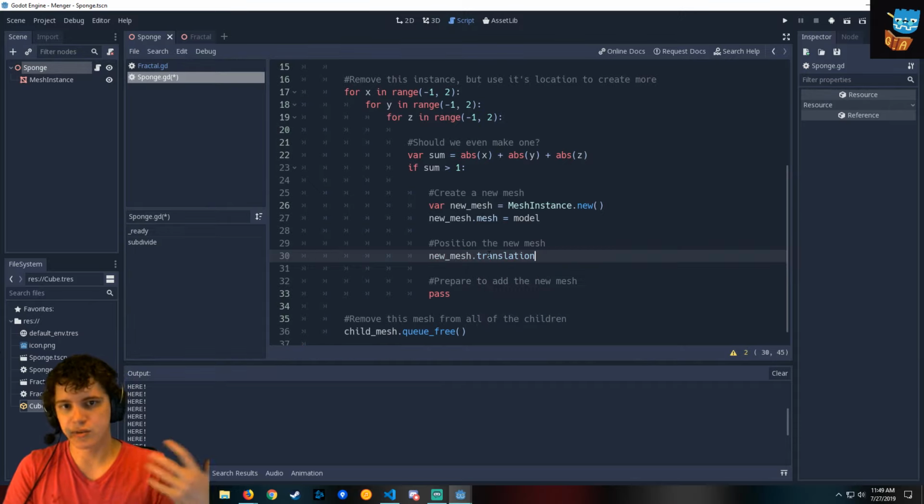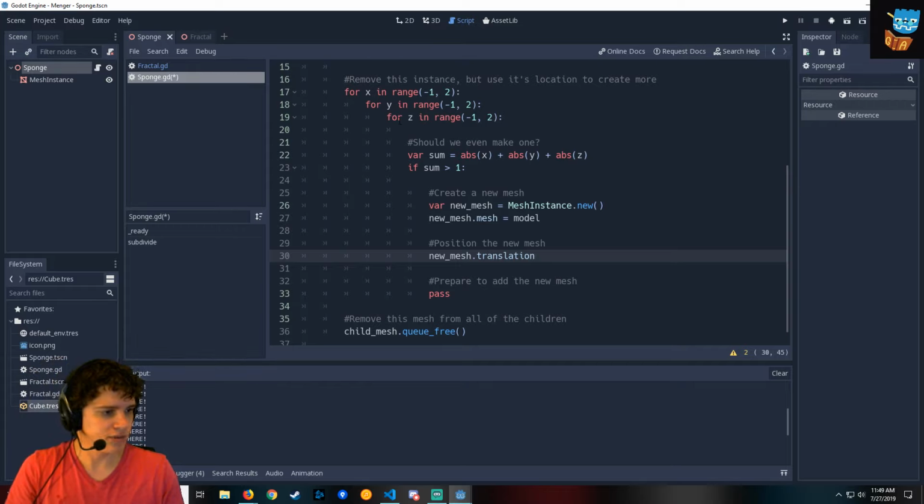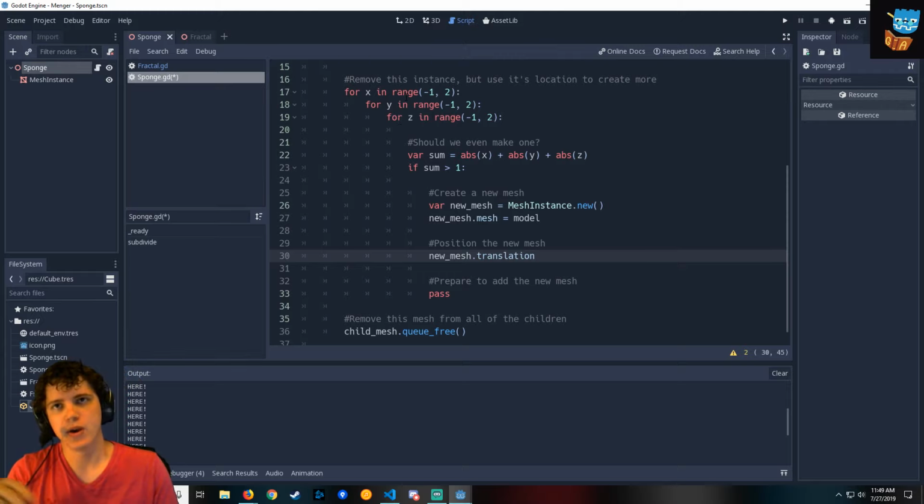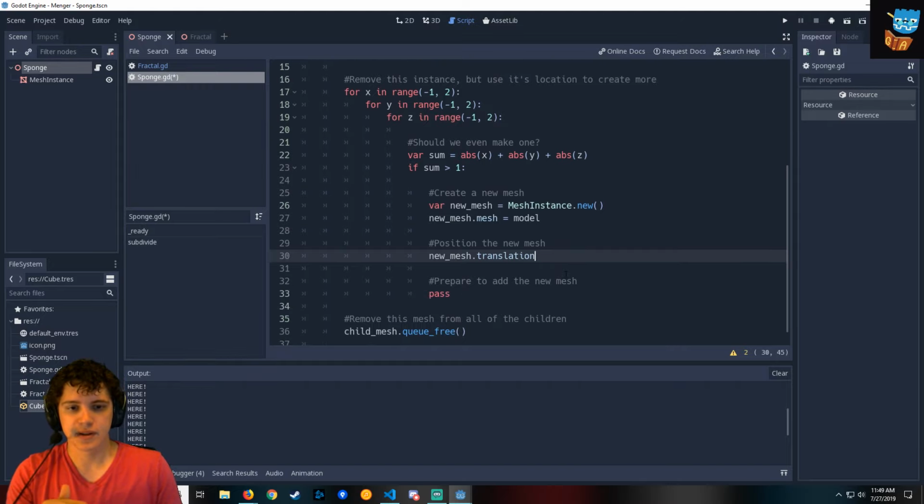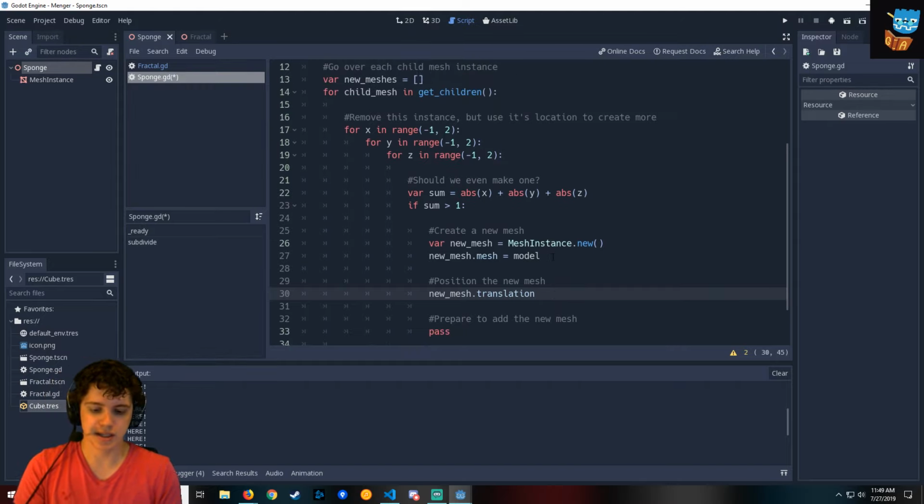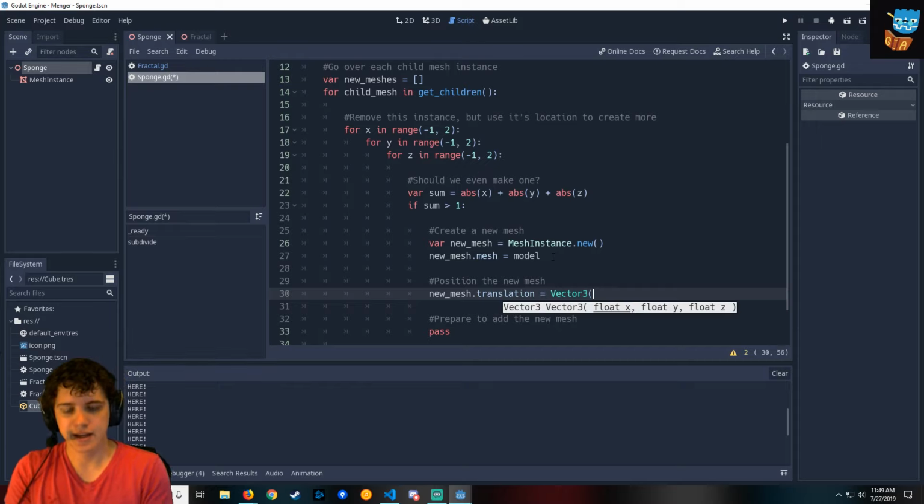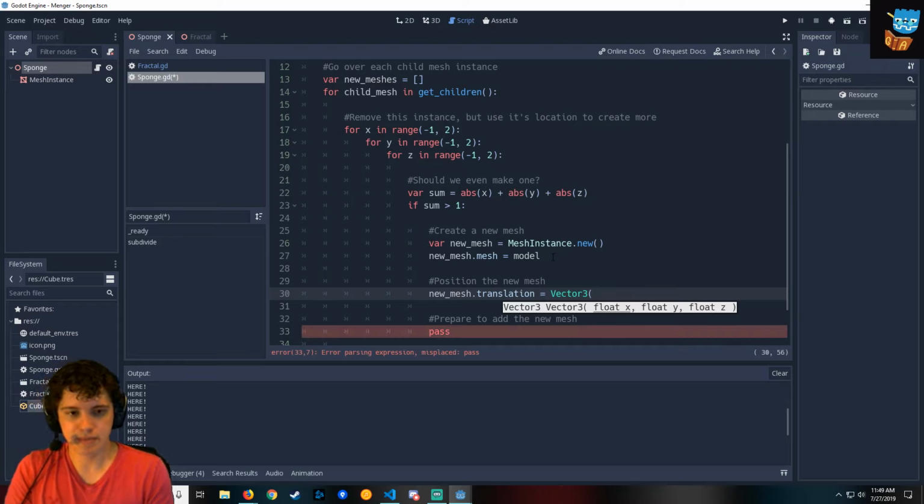and the X translation, the Y translation, the Z translation are all based on this X, Y, and Z. We'll just be lazy for now and say if it's at 0, we're going to use the same. If it's at -1 or 1, we want to be 1/3 to the left or 1/3 to the right. So new translation equals, I believe, vector 3, and it is going to be x times 1/3,